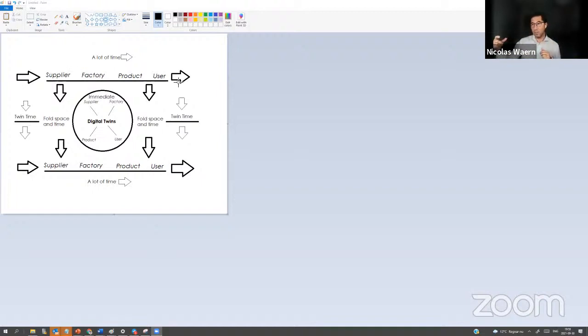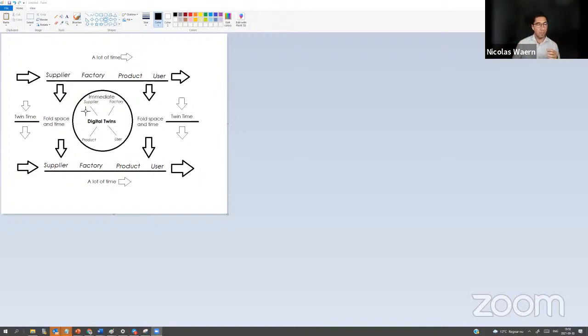Understanding that supply chains, or whatever is going on, usually takes a lot of time, and the data is in so many different silos. But with digital twins, you bring in the data from the supplier, the factory, the product, the usage, as well as understanding the organization. And again, going back to who should be there to take these decisions. And then you bring that into the digital twin, or let's say the IoT platform, Rob, where the digital twin lives at its heart.